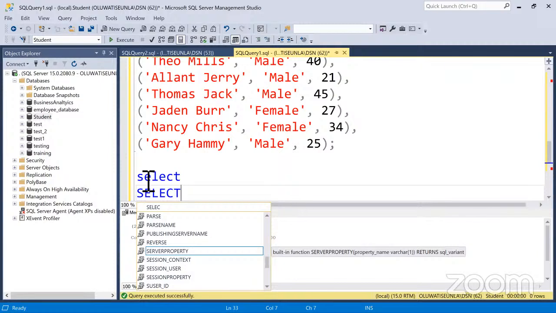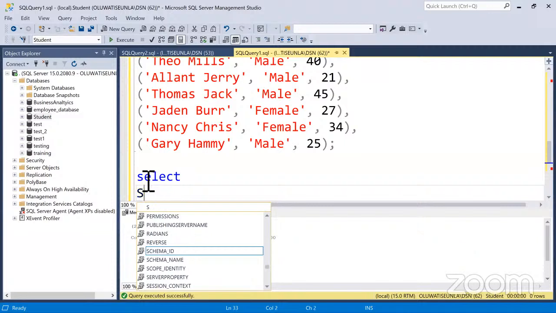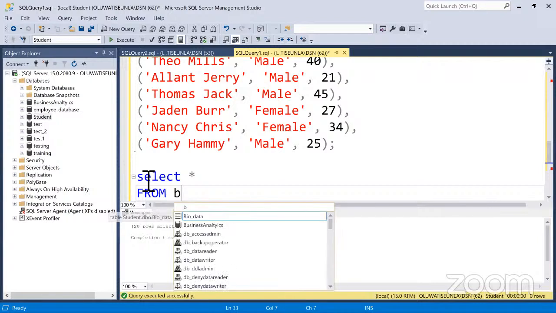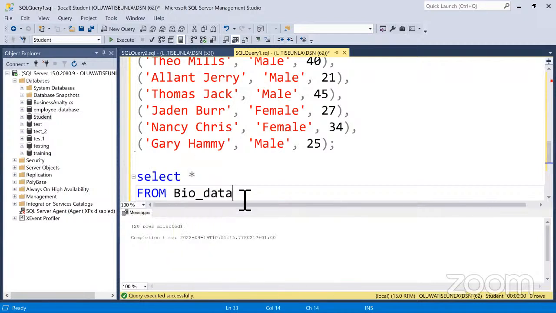That's why you see me writing in capitals sometimes, and in small letters sometimes. So select everything, as asterisk, from, what's that table name? About data. Okay, so then you put this,